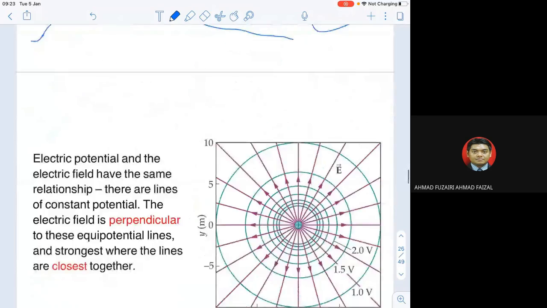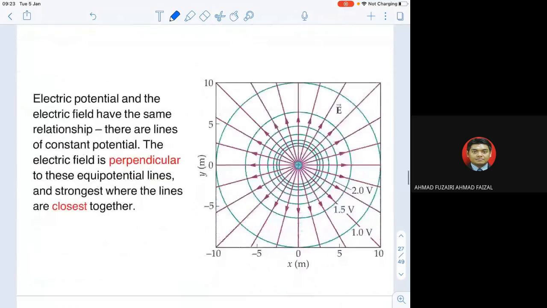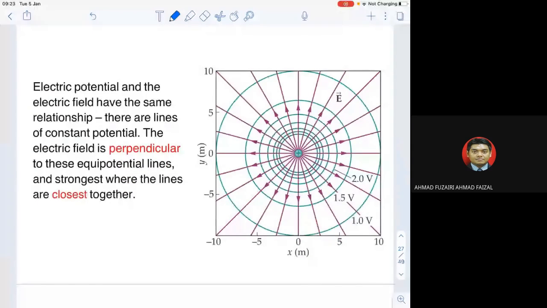Okay, so what are equipotential surfaces? It is about electric potential, and the electric field that gives us the electric field lines. We know that the charge itself, positive or negative, will have its own electric field lines. For example, in this figure, we can see the positive charge in the middle. The positive charge will have electric field lines. These are the electric field lines.